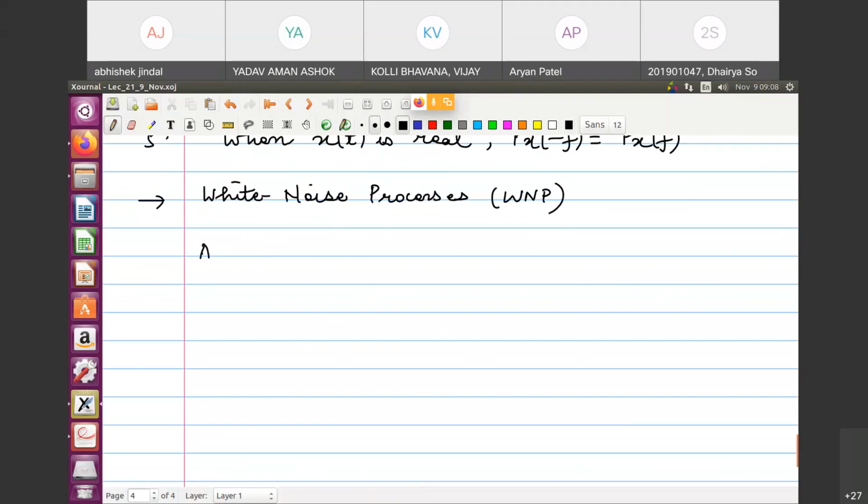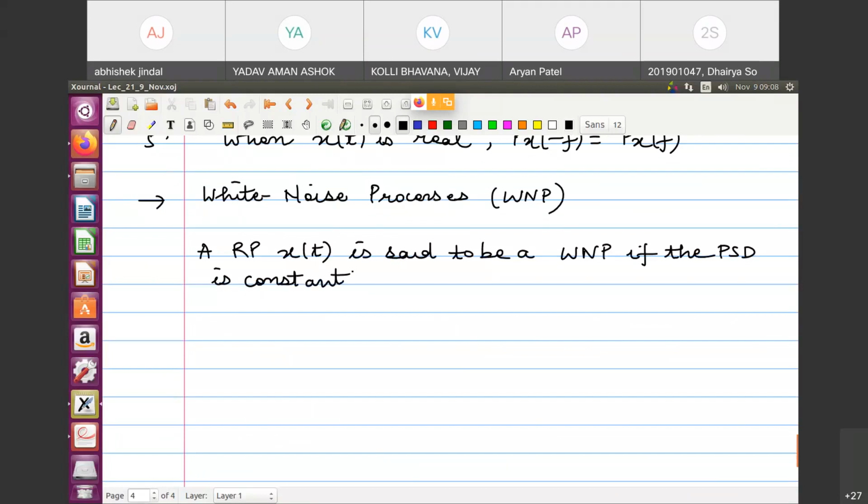So first of all, let us characterize what a WNP is. A random process x of t is said to be a white noise process if the PSD is constant. That is important. That's why the word white comes. White means that it doesn't differentiate in frequency. It is uniform. It takes the same value across all the frequencies. If the PSD takes a constant value, not the function, not the process itself, over all frequencies,